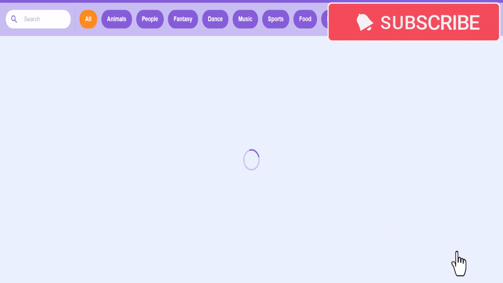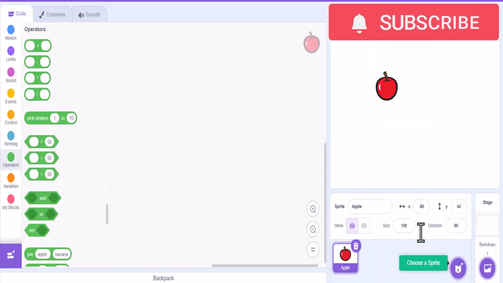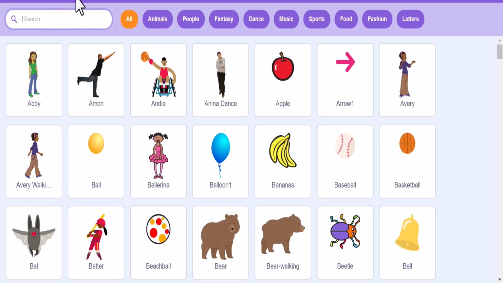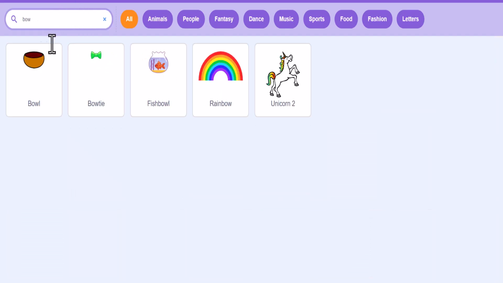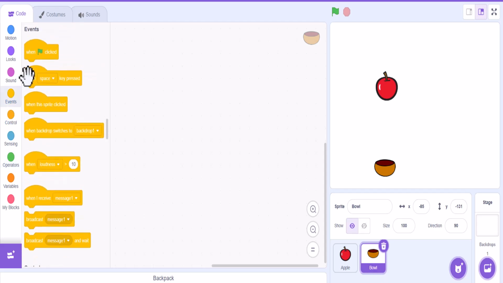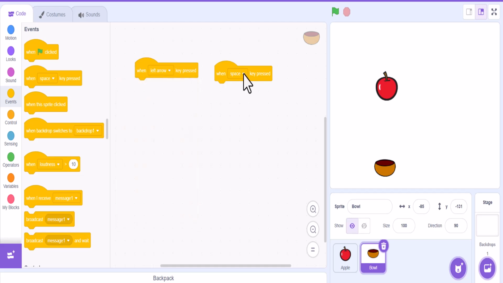So the very first thing, we'll add an apple here, because this is what we're going to have falling. And then I saw a bowl in here I thought was kind of perfect for that, and we'll keep that down here. So the first part is, let's go ahead and make our bowl and give it directions, and we're just going to drag 2 events. So we're going to drag this one,